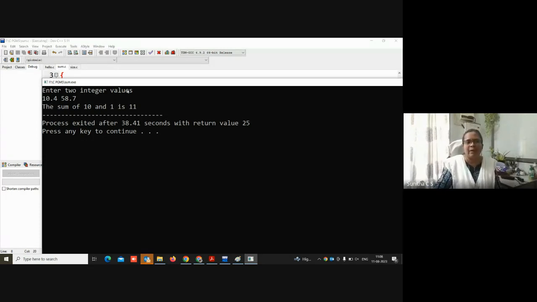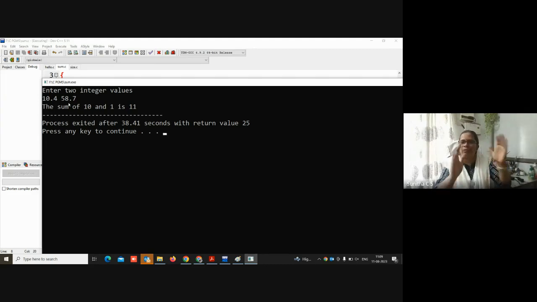But here what happened is 10.4, 10 will go and sit in the first variable correctly. But the next thing is 0.4, the %d cannot convert. So it will use a random value. It will take a random value. It is not even touching 58.7 because it is stopping much before that. So this is what is meant by formatted input. It will not take 10 and 58 as we were expecting.